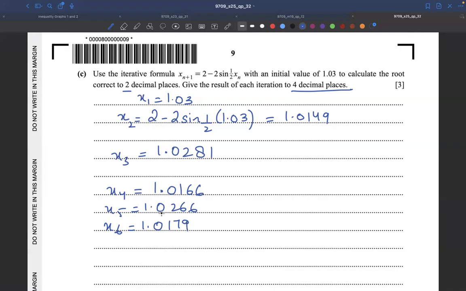So 1.0254. Actually, the difference between two consecutive values is decreasing in every step. Substituting it back in over here, we will get 1.0188, and then substituting it back again,